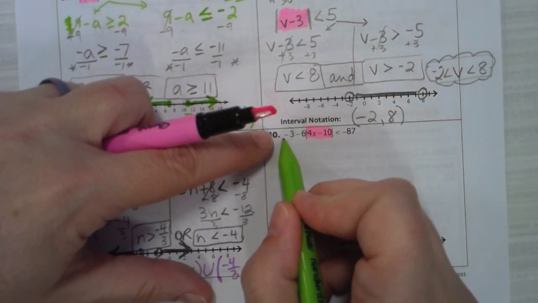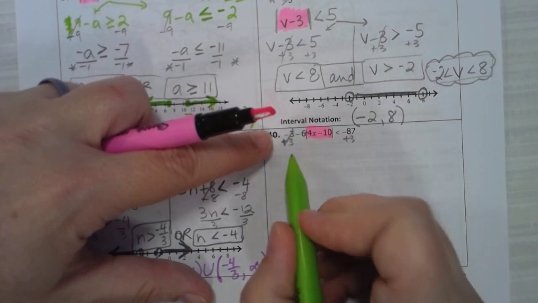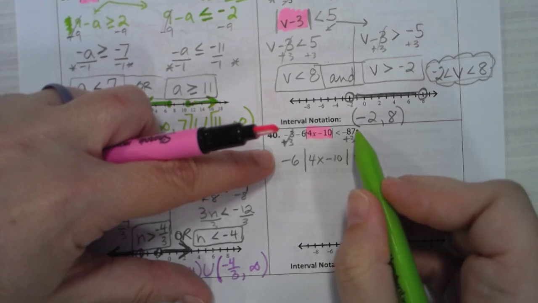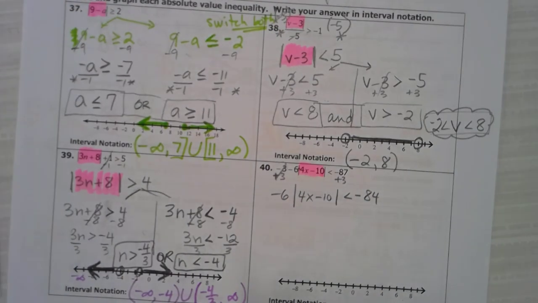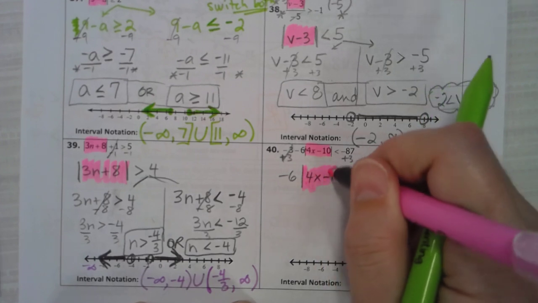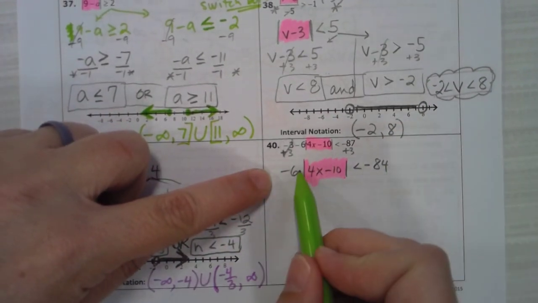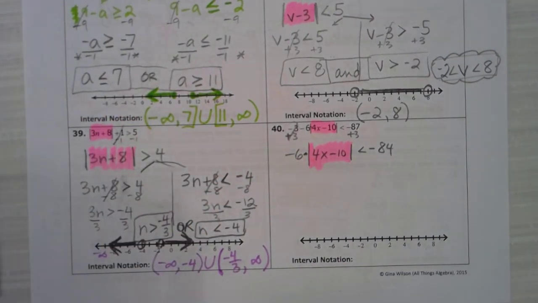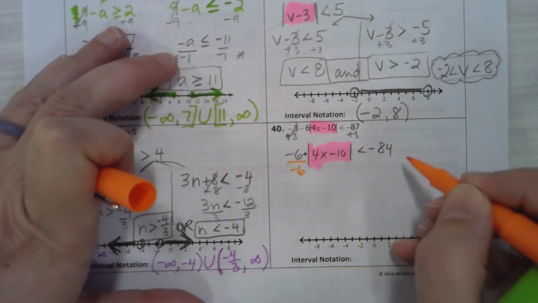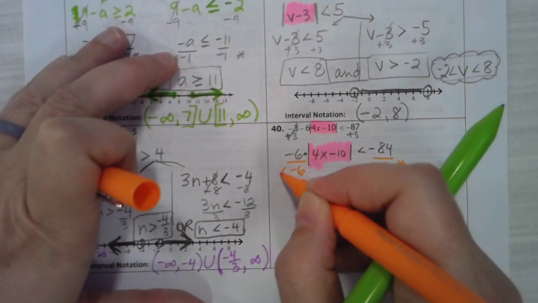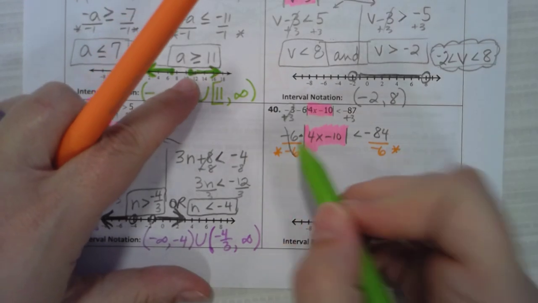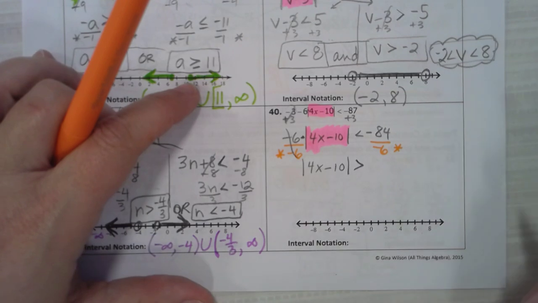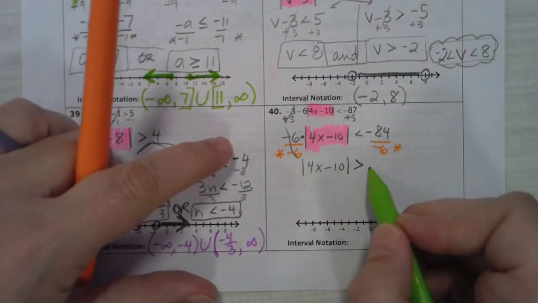So we're going to get rid of the -3 by adding 3. Then we have all of this stuff with the -6 in front of it. -84. So we still have, here's our absolute value. There's a -6 in front of it. This is being multiplied. So the opposite of multiply is divide. And so we're going to divide both sides by -6. When we divide by a negative, the inequality switches the other way, sorry. And -84 divided by -6 is positive